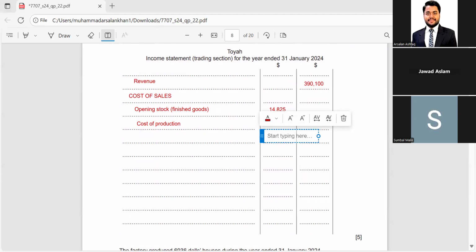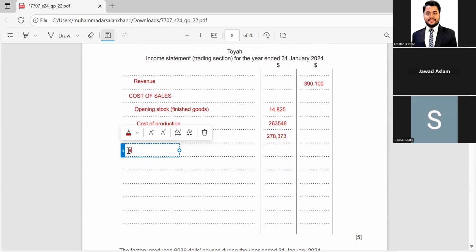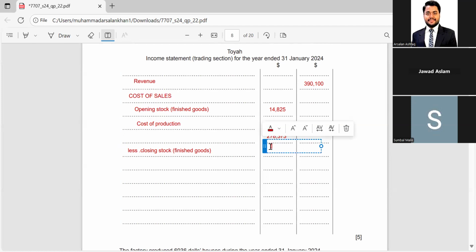So my answer of opening stock plus cost of production is 278373. Okay. Now I will subtract the closing stock less closing stock of finished goods only. ठीक है, बात समझ आ रही है आपको? So the closing stock of finished goods given in addition number 1 is